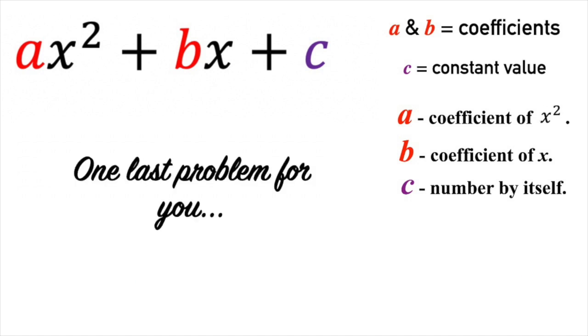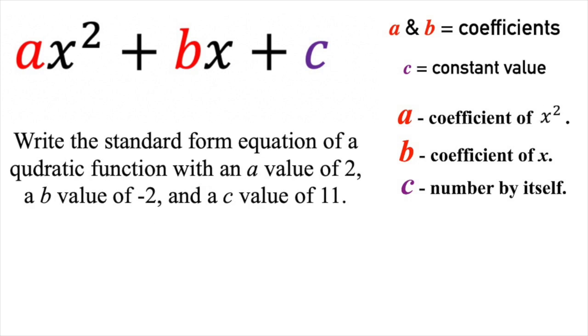Okay. One last problem for you. This one is sort of the other way around. This time, we're asked to write the standard form equation of a quadratic function. And this one has an a value of 2, a b value of negative 2, and a c value of 11. And yes, I spelled quadratic wrong. Whoops. Anyway,